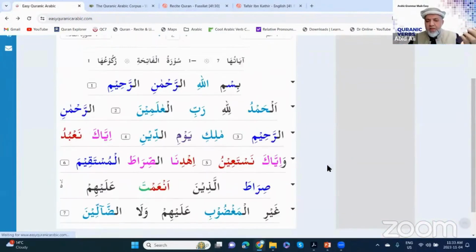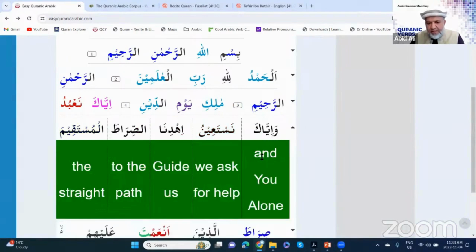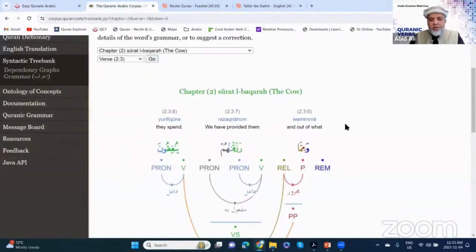In Surah Al-Fatiha, when we say Iyyaka nasta'in, the translation is, we only ask for your help. Ihdina, ihdi is a command: you guide us. Who? Us, na, us. If I open this, wa iyyaka, and you alone, nasta'in, we ask for help. Ihdina, guide us to what? As-sirat al-mustaqim. Isn't that what you're asking 14 or 17 times a day? Okay. Going back to Surah Al-Baqarah.